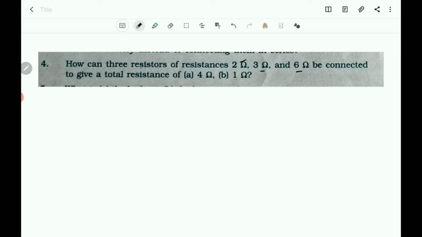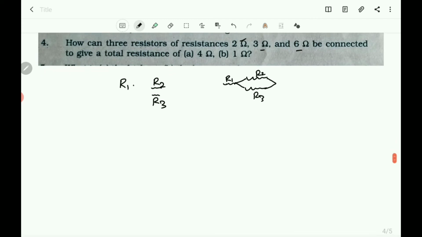So here what happens, you must connect R1 in series and R2 and R3 in parallel. R2 and R3 are in parallel, and this is connected in series like this way. These two must be connected like this way, and next one here it is R1, R2, R3. Then first you have to find out